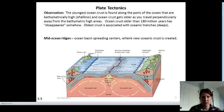Like I talked about, the hot material rises, and as it rises, it tries to break through the crust, and this is where the crust separates, and you get creation of new material. As they start to separate, you push the older material away from that zone of young crust, or that mid-ocean ridge. Oceanic crust is less dense when it's hot. So the material here is very hot, so it has a much lower density. As the material cools, the density starts to increase, so that material starts to sink down and settle down, which is why you get a bathymetric high here and bathymetric lows this way, until it reaches